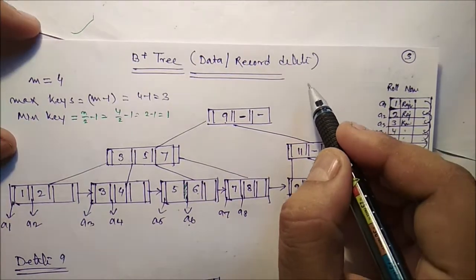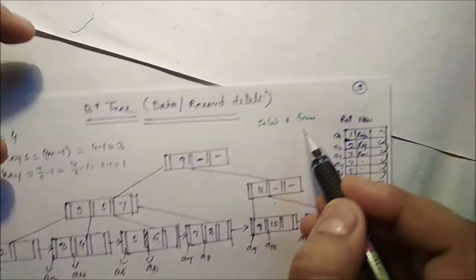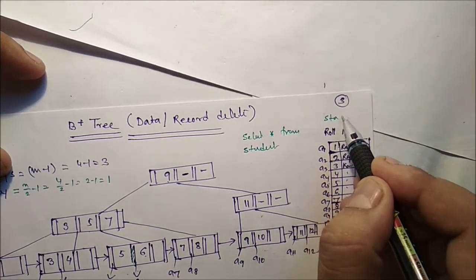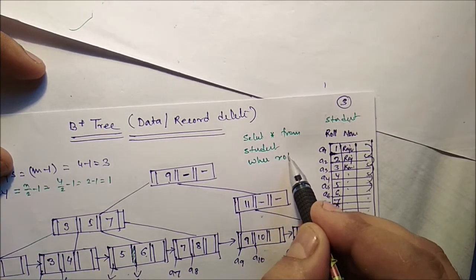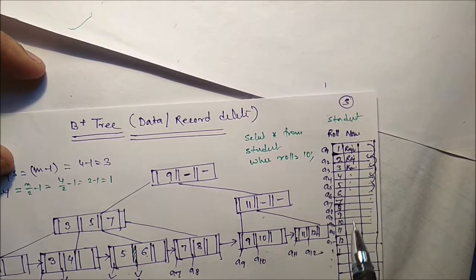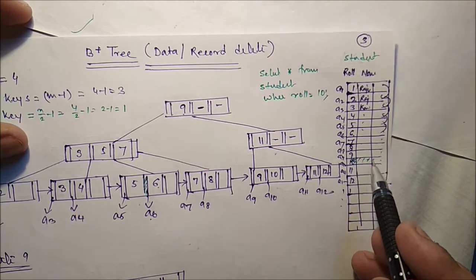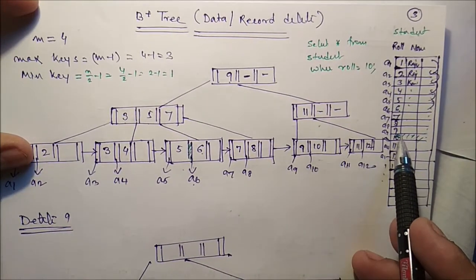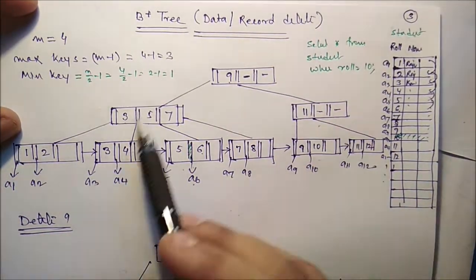So suppose we want to know, say, select asterisk from student. So this is our student table, where roll number is equal to, say, 10. That means we need each and every piece of information of roll number 10. That means we have to access this particular row, this particular record. So how to access this particular row? We have to access the index. This is nothing but B plus tree indexing.